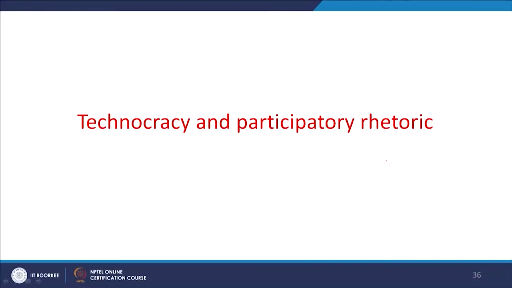Technocracy and participatory rhetoric. We are living in a generation where the architecture profession in a disaster context has moved from a singular vision to a shared vision. In the first version of Build Back Better, Michael Lyons and other authors have demonstrated that various participatory approaches have been successful, and they also brought out the pros and cons of each approach, bringing various case examples. Most of them are talking about putting people at the center.